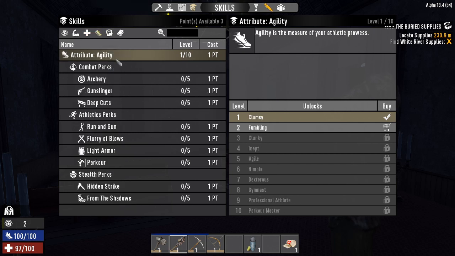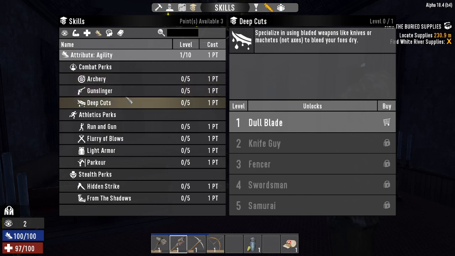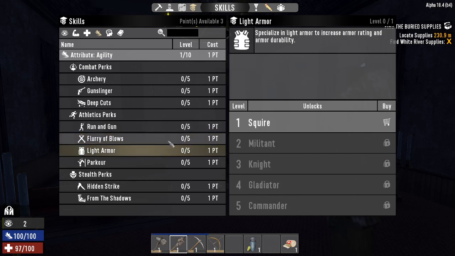Agility is the measure of your athletic powers, which is archery, gunslinger, which is handguns and SMGs, and deep cuts, which is like knives and machetes. Not bad if you have this combination, really. You've got run and gun, which improves your hip fire accuracy and lets you run fast while reloading any ranged weapon. Then there's Fury of Blows, for one-handed melee weapons and beating the crap out of your opponents in a furious flurry of quick strikes. Light armor, which is like the opposite of the heavy armor that is in, I think